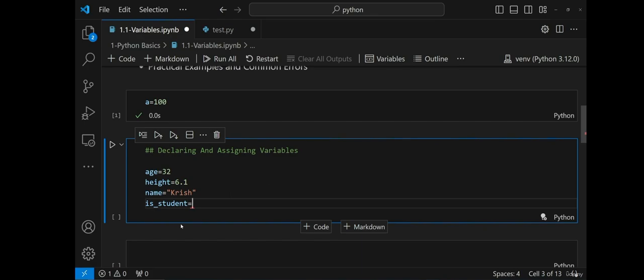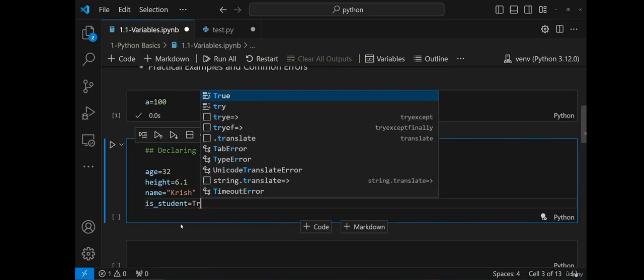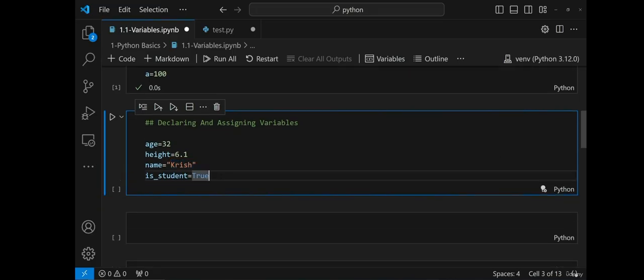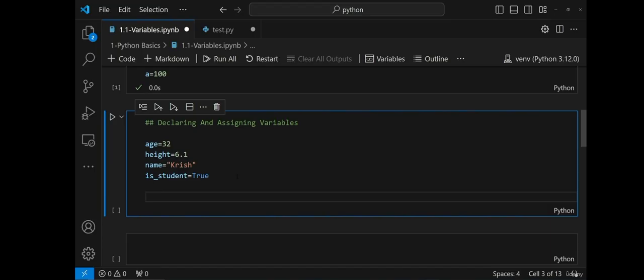Okay, I will also talk about naming convention. What is the best naming convention of defining a variable? What are the good practices? Everything I'll be discussing. So let's say I'm going to define a Boolean variable as true, right? We'll learn more about the specific data types in my next video, but here I'm just giving you an example. Okay, so age is equal to 32. This is there, and I've actually written it, right? Now let me quickly go ahead and print it, and this is how we assign a variable, right? We are declaring a variable and we're assigning some values, right? So now let me just go ahead and